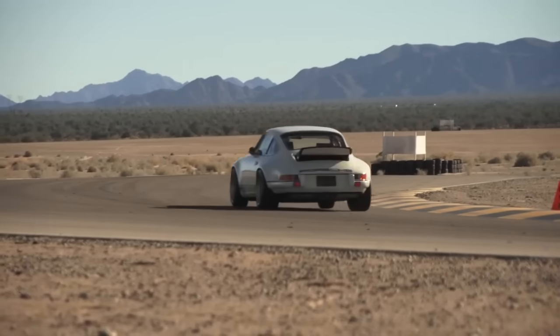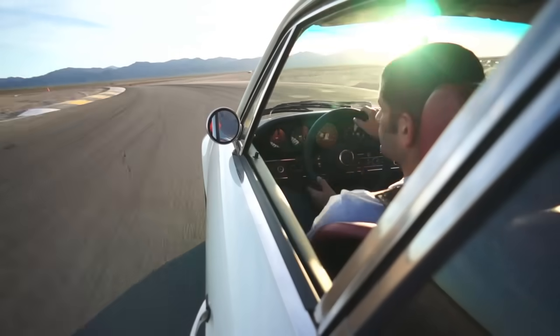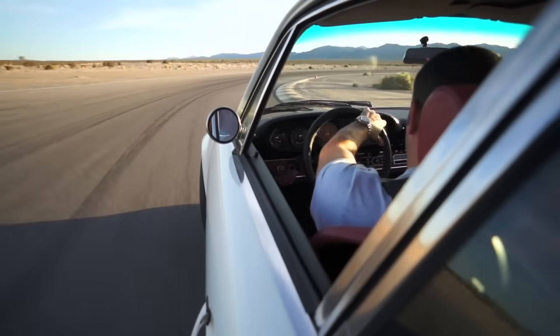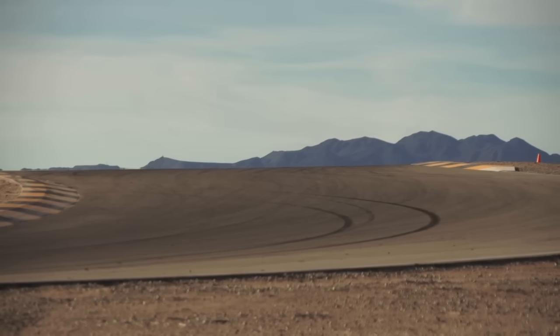So at the moment, it's a very sharp car, really drives like a classic 911. You've got to stop it in a straight line. If you back off, it wants to rotate. So you've got to keep your foot in, and then it's glorious. Listen to it. If you just back off though, it's so beautiful to look at, and the driving experience matches the beauty,